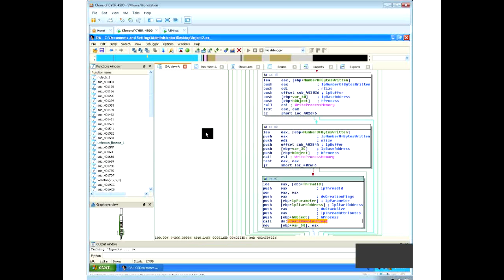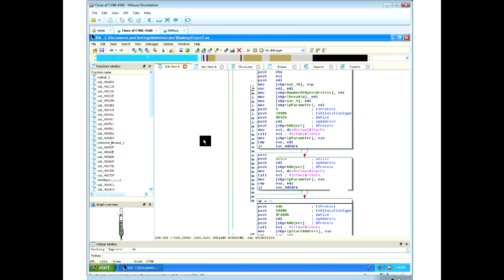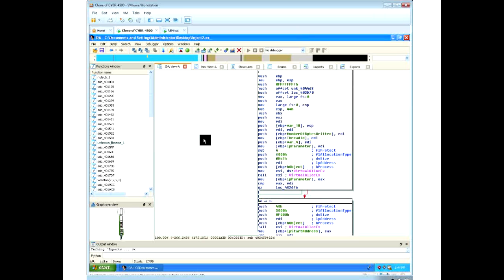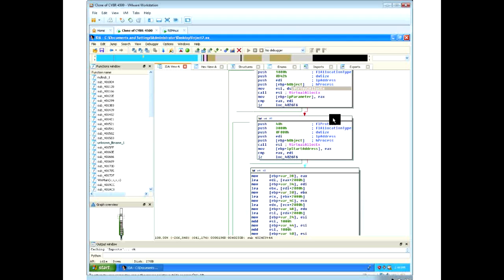So basically, in this case, again, I'm going to do the same thing we did before. I'm looking for, in this case, evidence of code injection. That's what the webcast is about anyway. So we have that with that create remote thread. And in this case, we have a much tighter package, and I'll come back up to the top of the subroutine here. And what we see is that we don't know yet which process we're injecting into, but we see